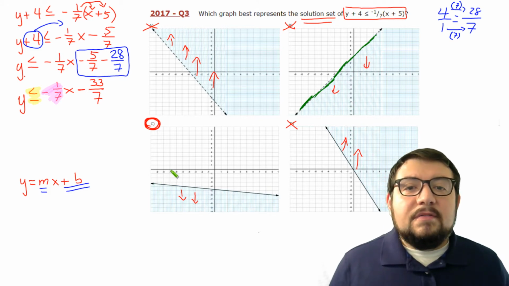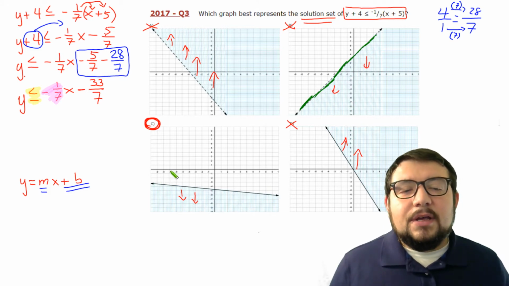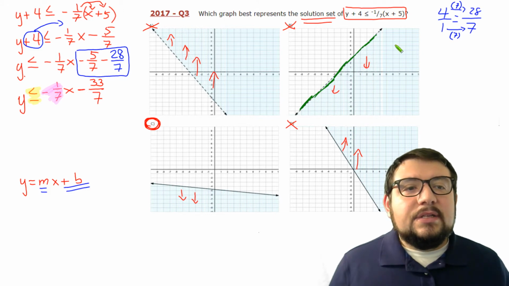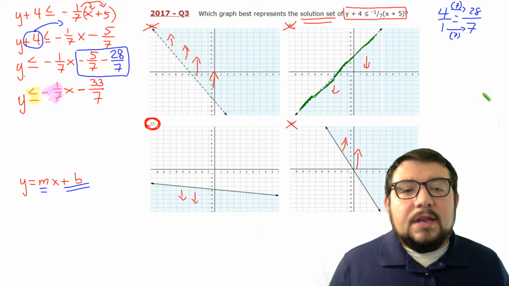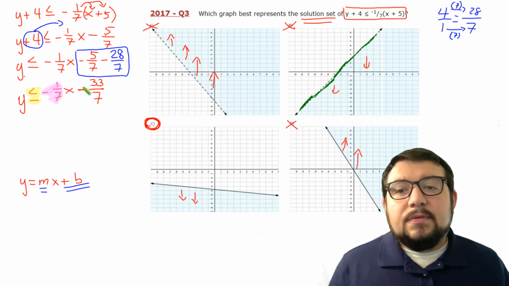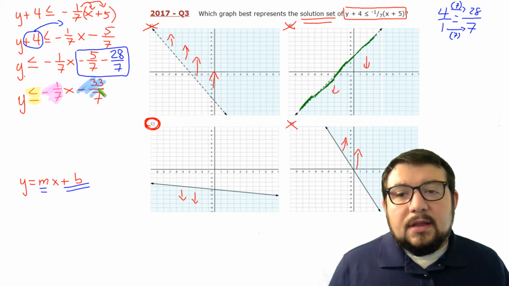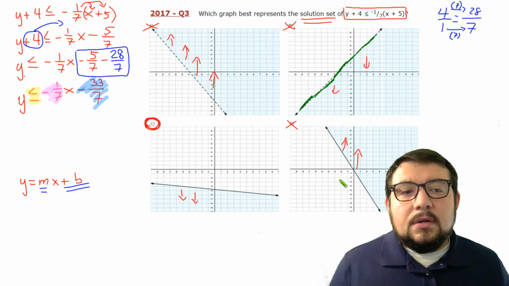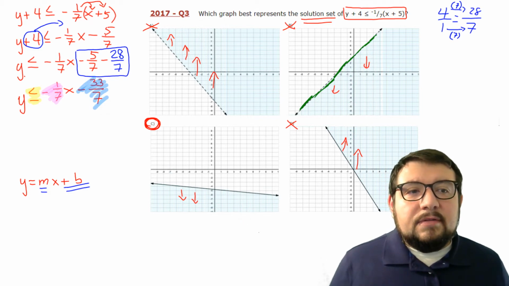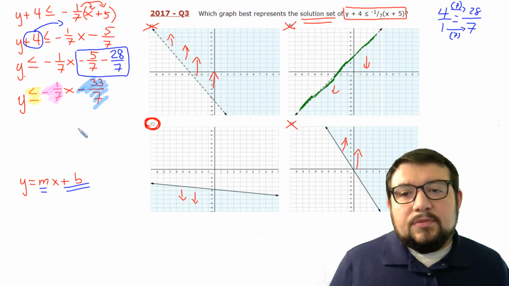And what if they had both been negative slopes? Obviously that one's not so easy for me to draw up here. But what if I needed to check the final piece? Well, if I needed to, I could also check the y-intercept. The y-intercept is negative 33 over 7. Well, negative 33 over 7 is approximately,